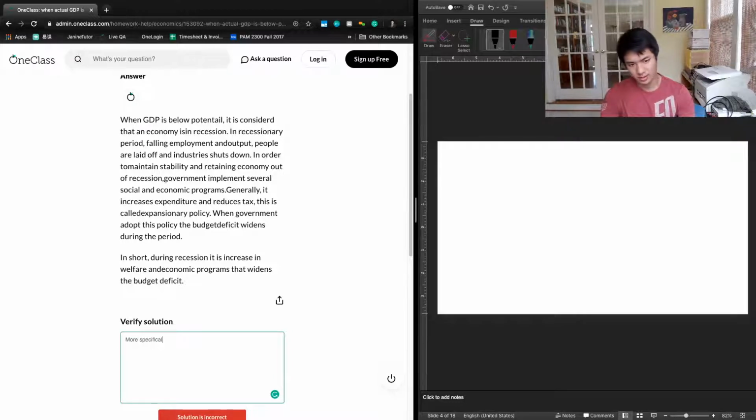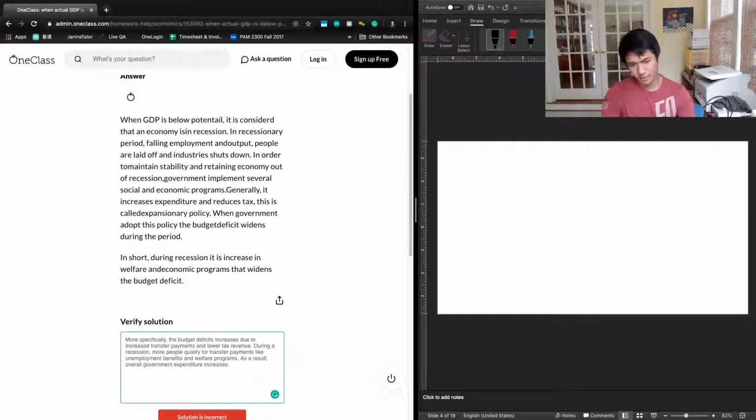So more specifically, the budget deficit increases due to increased transfer payments and lower tax revenue. During a recession, more people qualify for transfer payments like unemployment benefits and welfare programs. As a result, overall government expenditure